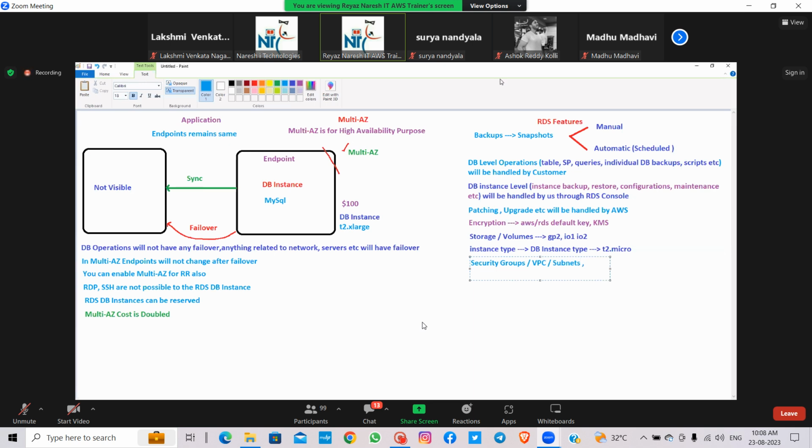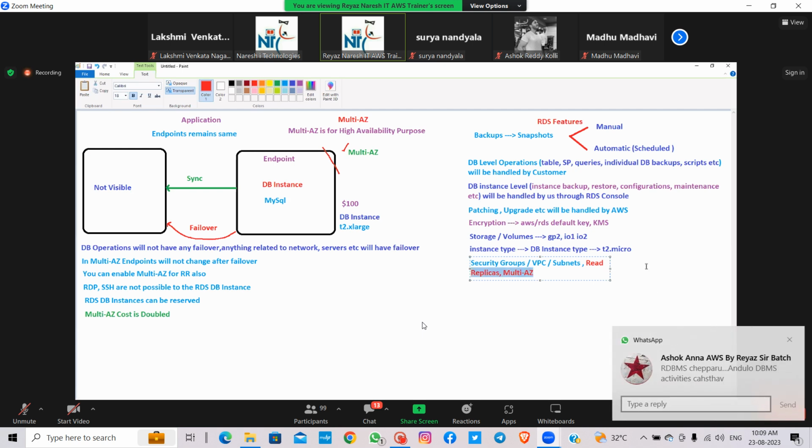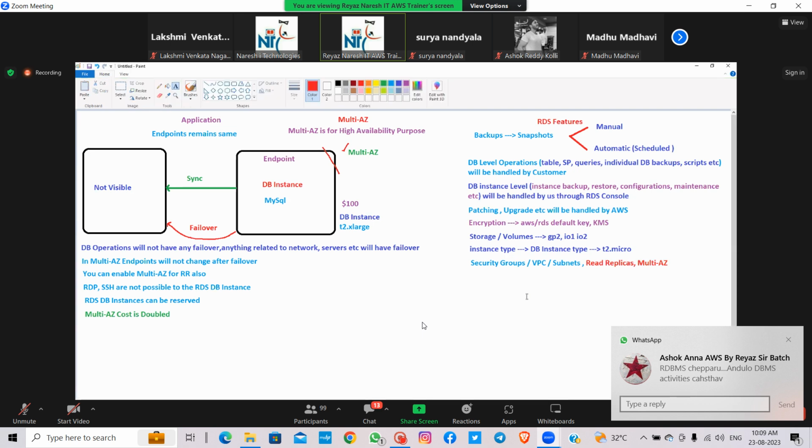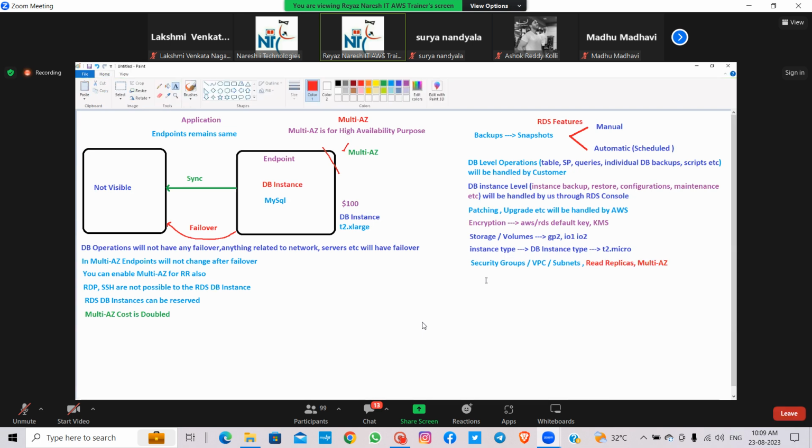And then what are the concepts? Do we have read replicas? You have the read replicas concept, and you have the multi-AZ concept. Now, here, latestly AWS has implemented one thing, which is called cluster. What is cluster generally? Group of servers. So instead of you creating read replicas, there is a template already given by RDS. You just need to select cluster.